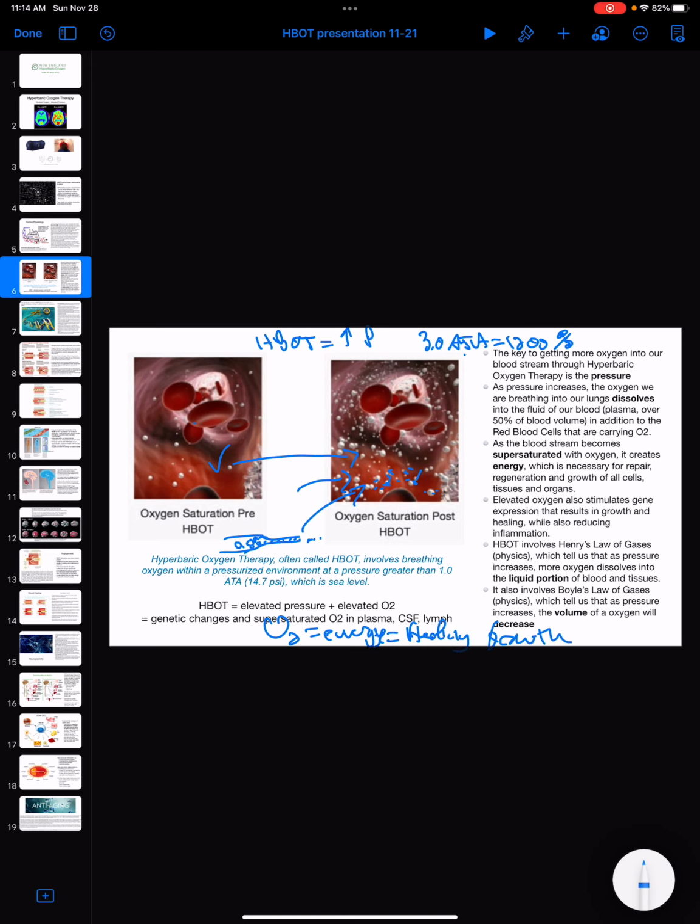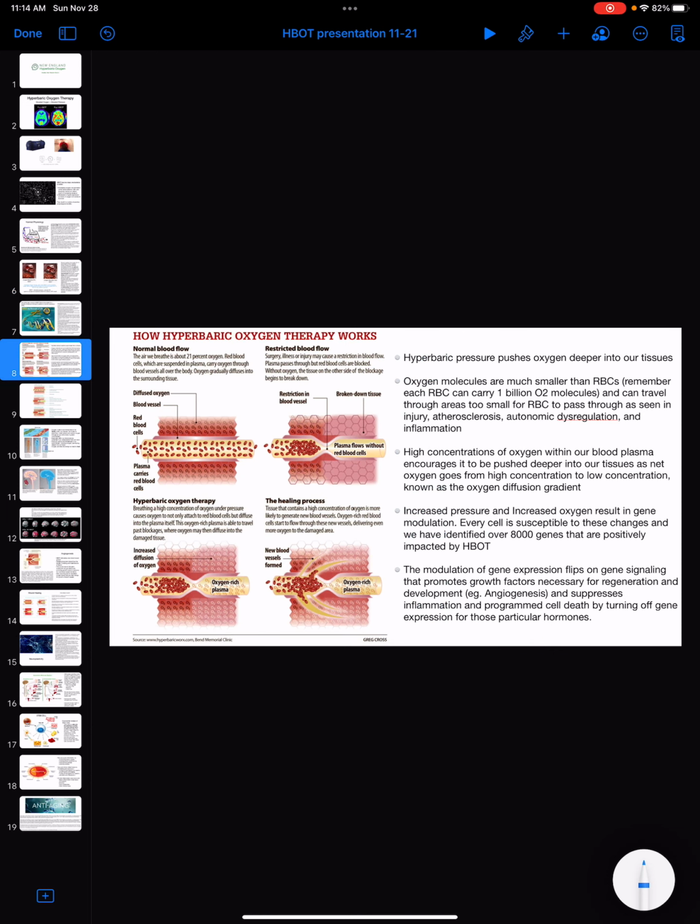all of these things. So we kind of look at this. We've talked about a few of these things already, how many red blood cells, how many oxygen molecules a red blood cell carries. You have high oxygen concentrations in the blood plasma. But what we didn't talk about is that encourages it to be pushed deeper into our tissues as we go from high concentration to low concentration in the diffusion gradient. So the oxygen in our plasma actually goes farther into our tissue than it normally does with red blood cells, because